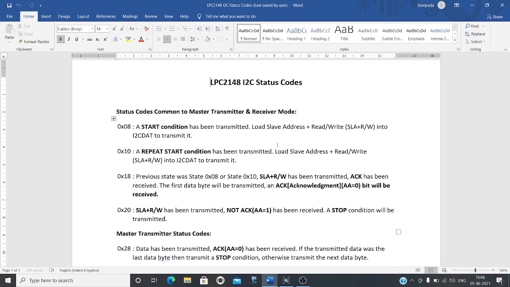So bits belonging to this information must be loaded to I2C data. Once you receive this 0x08 on the status register, you have to load the slave address and read/write bit in the I2C data register. Once that is loaded into the I2C data register, it will be automatically transmitted.